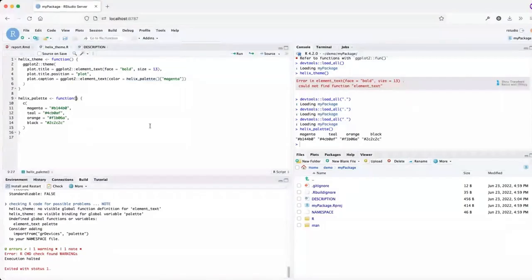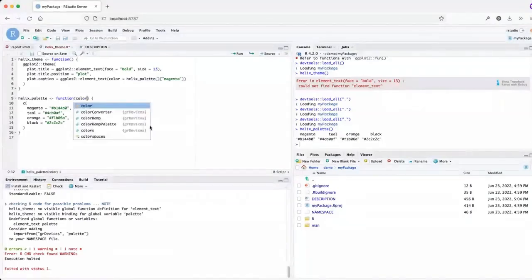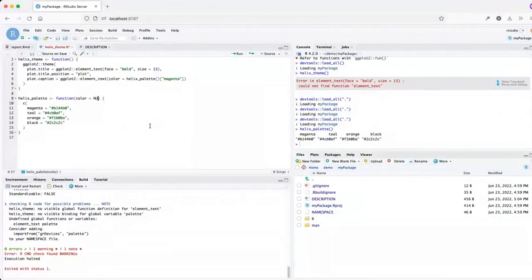I'm going to make one last little modification here, to make this a little bit easier. I'll give helix_palette an argument, color. By default, color will be NULL, and when it's NULL, we'll just return the vector of palettes.